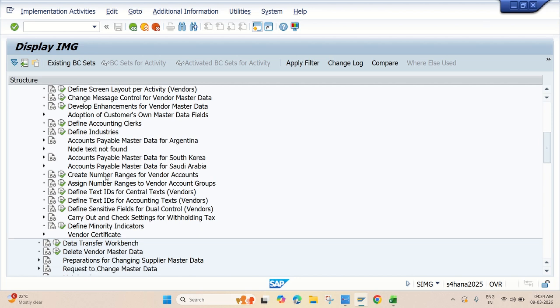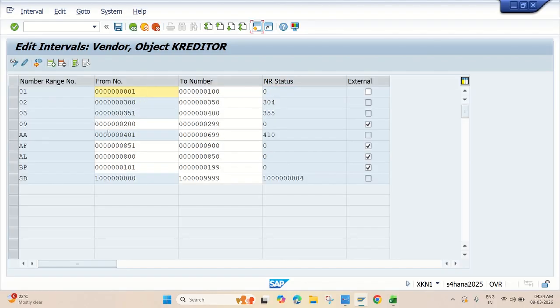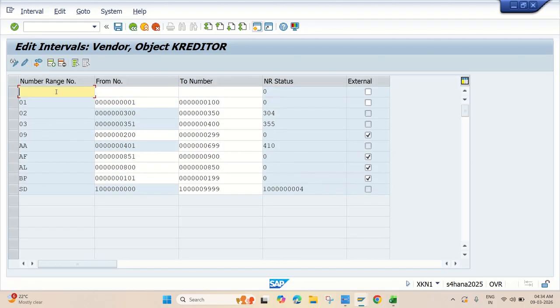So creating number ranges for vendor accounts. Intervals. So we are creating J1. We can use 31,